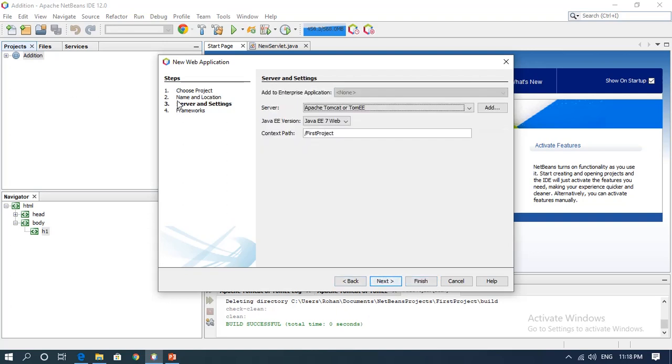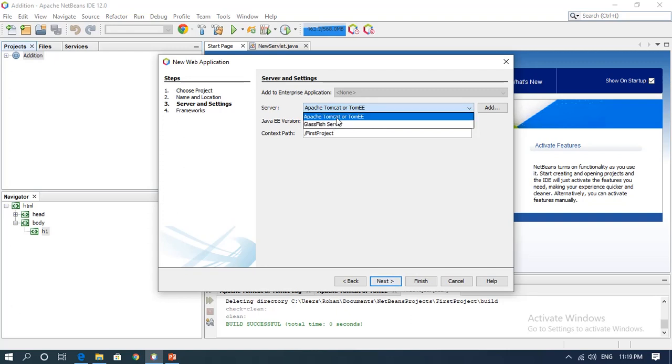Now this is important. Here you are going to select the server and the settings. Now in this particular thing, see this option, server. I have already installed two servers on my NetBeans, that is Glassfish server and the second one is Tomcat server.